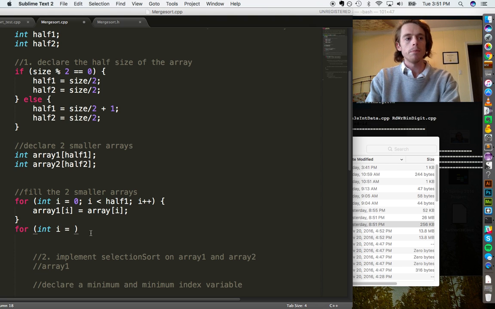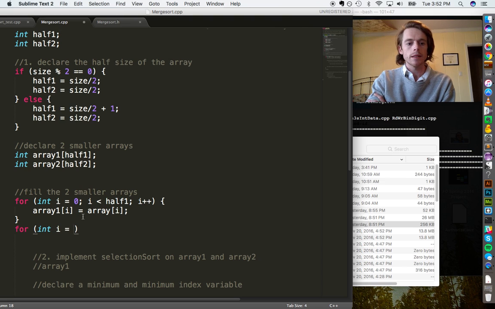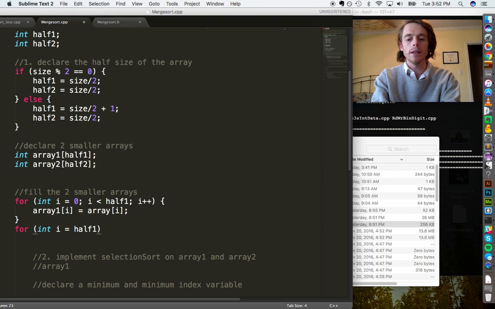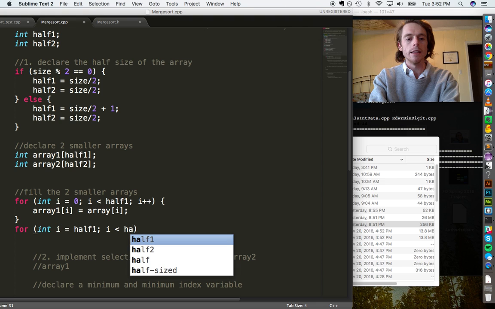We'll want it to basically start where the size of half 1 ends. So let's say half 1 is in a total size array of 9. Let's say half 1 has 5 items and half 2 has 4 items. So we'll want to start at, for example, the 5th item. So we'll want to set I equal to half 1 in this case, and while I is